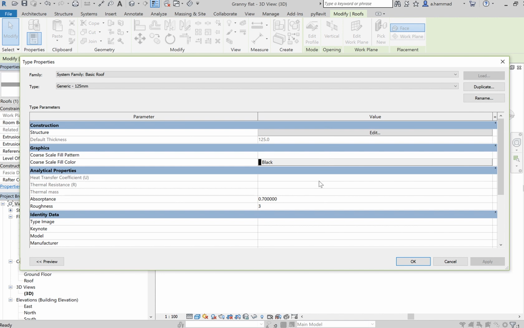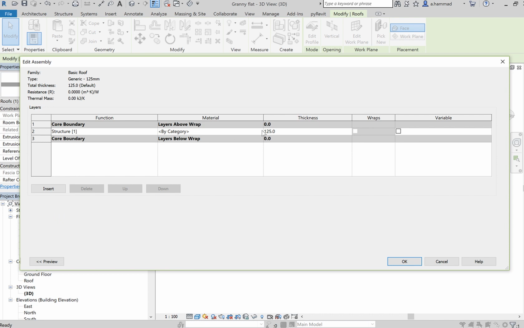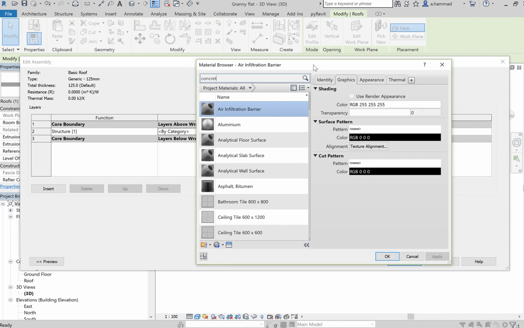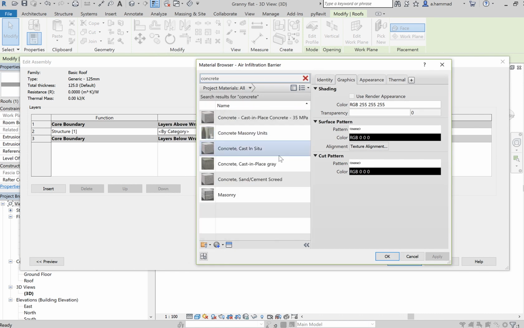now what you can see is that we need to define the thermal properties of the roof, and to do that we've got to select a material type for the structure. So if we click on this button with the three dots, this is going to open up your material library. Now in that material browser, what you have to search for is a particular material. So let's say concrete, and let's say cast in situ. So if we select that, if we go to